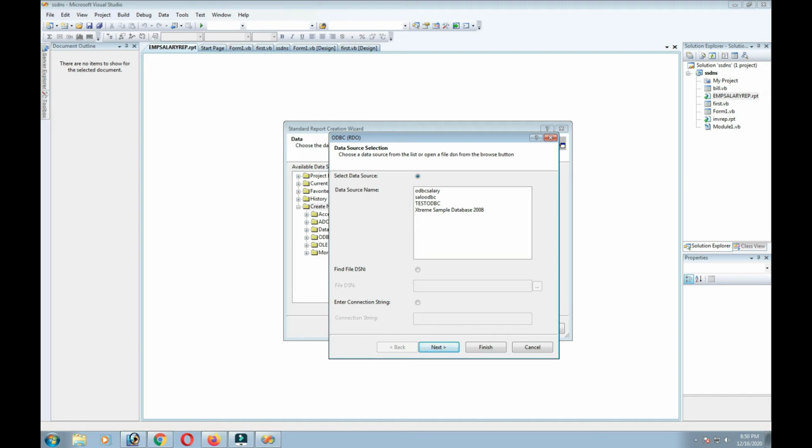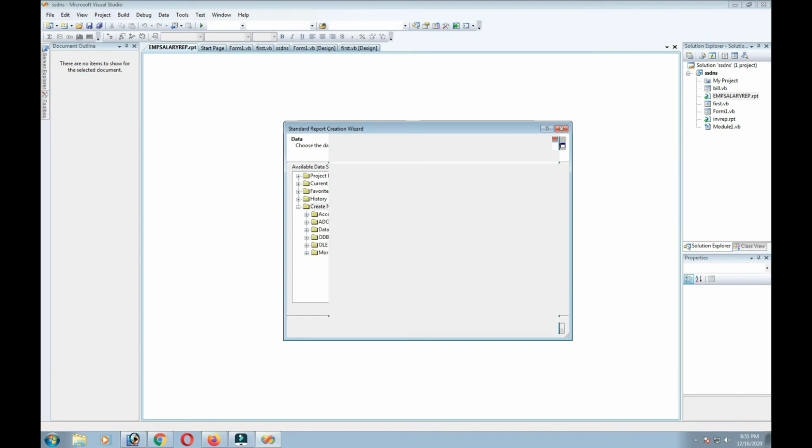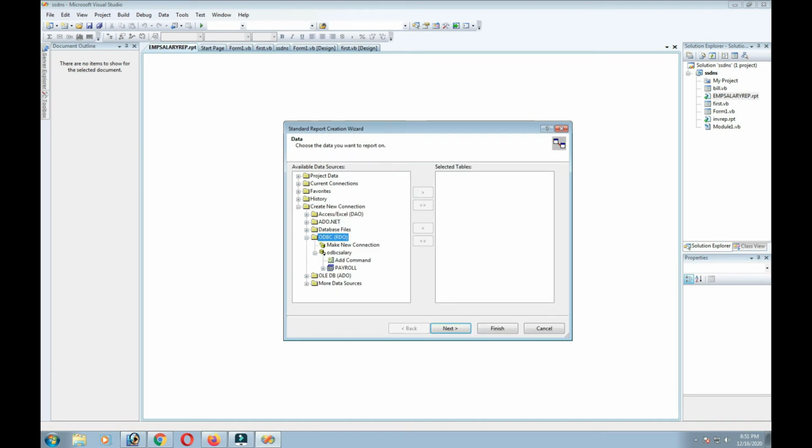Then whatever you just now created, the salary ODBC, select it here. Then press the Next button. Here you can select the checkbox: Trusted Connection should always be true. So just select this and then Finish.